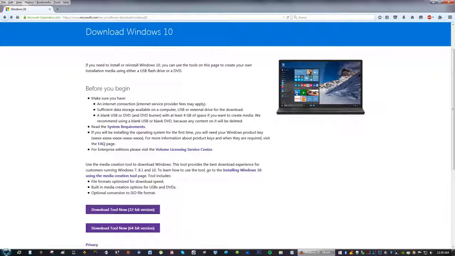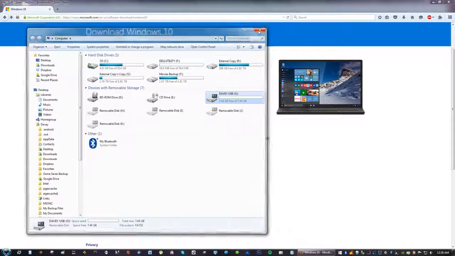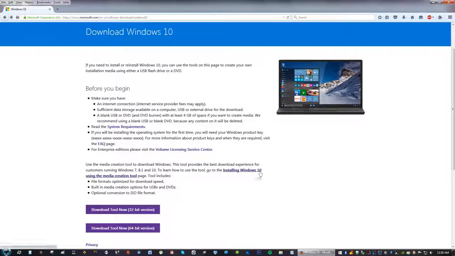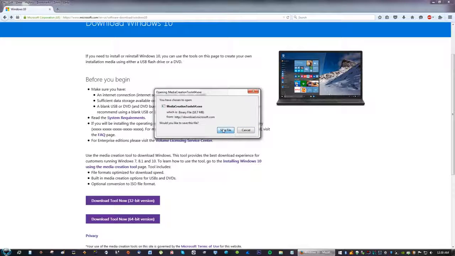Another thing you will need is a USB stick that has at least 4 gigabytes of space. As it says right here, I have a USB stick that has 8 gigabytes of space, so that'll do perfectly well. Since I have a 64-bit version of Windows, I'm going to go ahead and click Download Tool Now 64-bit version. Then you will save the file,